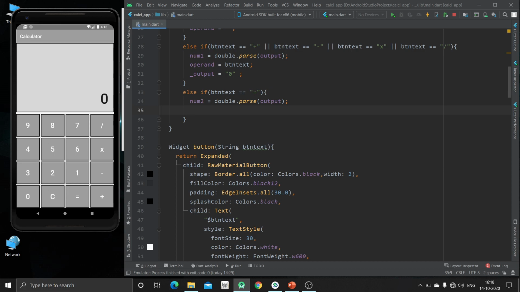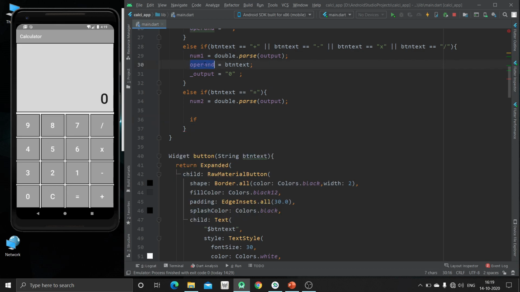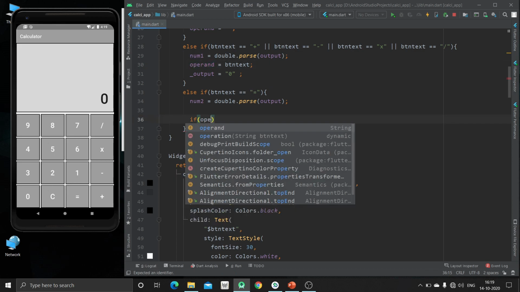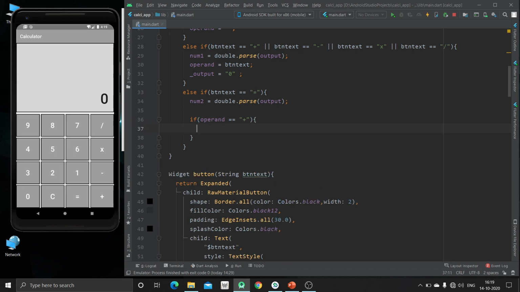So after that we are going to perform some operations. For that, which operation we have to perform will be stored inside this operand. So after that we will check the operand, to see which operation we have to perform. So if it is plus, then we have to perform the addition operation.